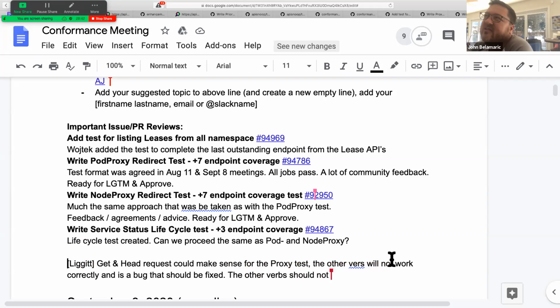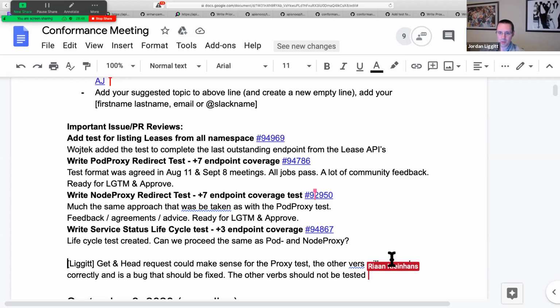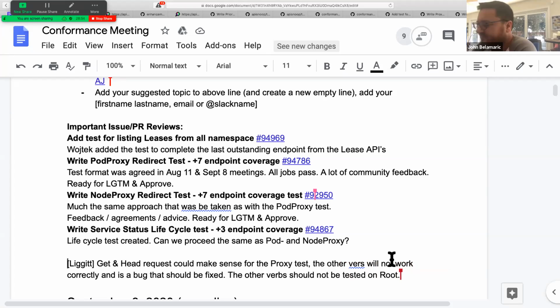Bad request or what? Is it actually not supported? It's actually not supported. If you post to the root, we can't pass that through, and giving you a 301 that would turn it into a get is not correct. So, yeah. All right. We'll go through to create that PR or that issue, Jordan,